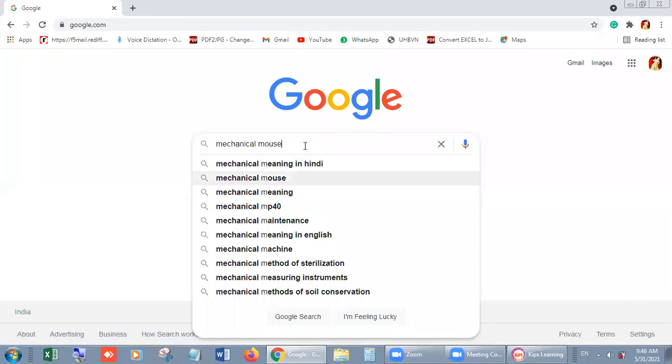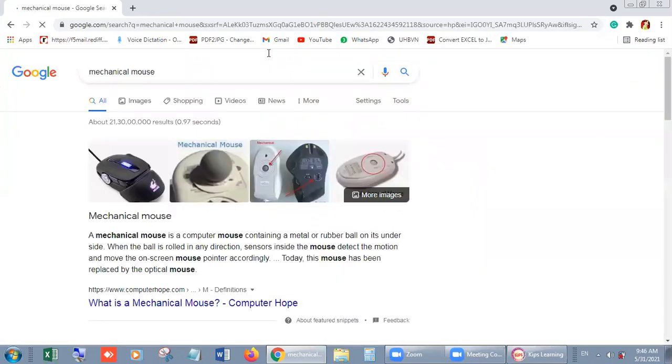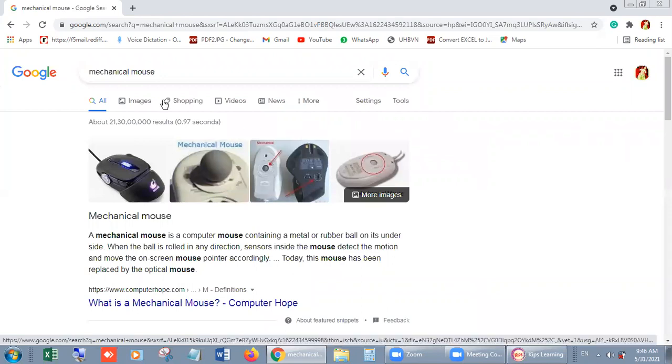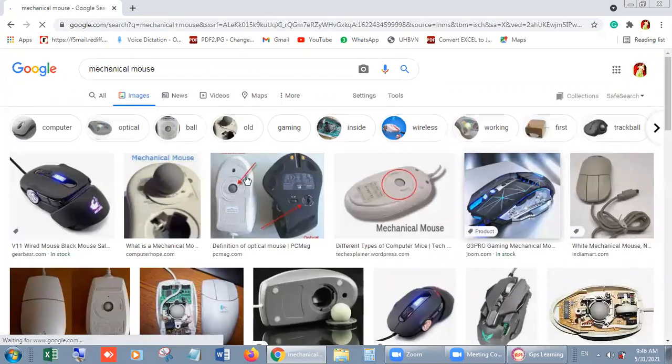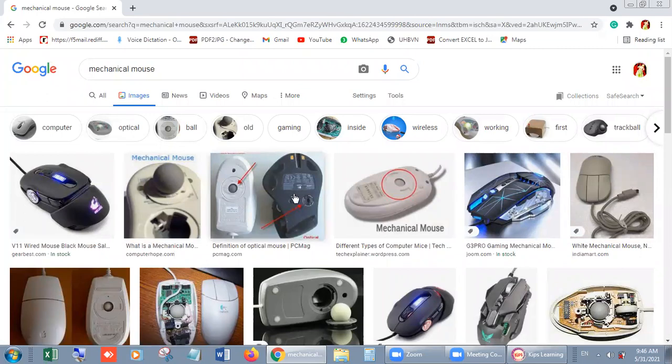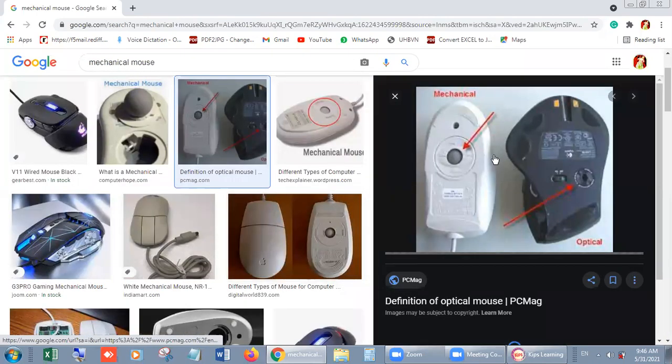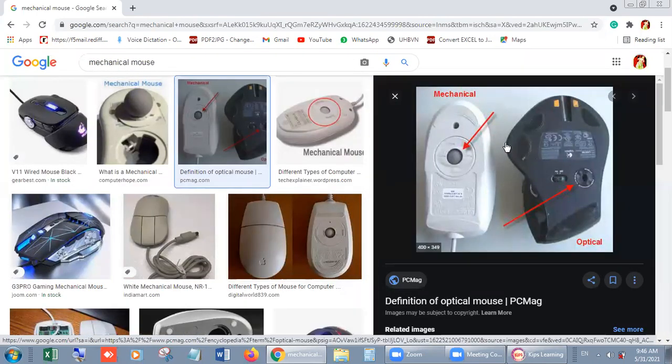Mechanical mouse. These are the pictures of the mechanical mouse. You can see it. These are the pictures. Look, you can judge it from here.